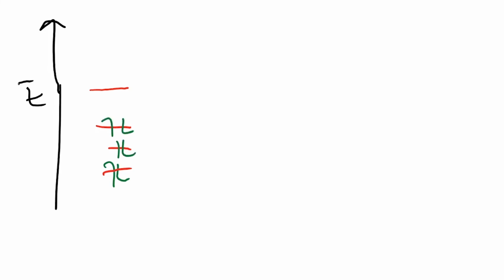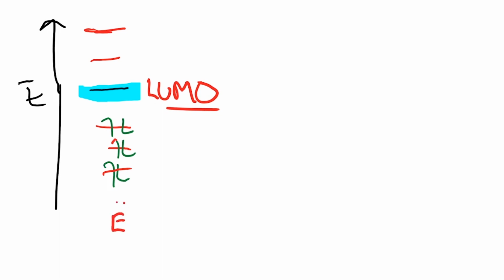There are also going to be many unoccupied orbitals which are going to be higher in energy. The most important one is called the lowest unoccupied molecular orbital, or LUMO. It's important to understand that there are several orbitals which are vacant and several orbitals which are filled. From the electrophile standpoint, the most important orbital is the LUMO, the lowest unoccupied molecular